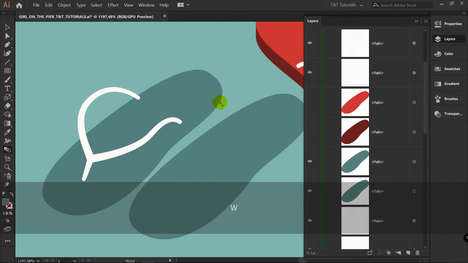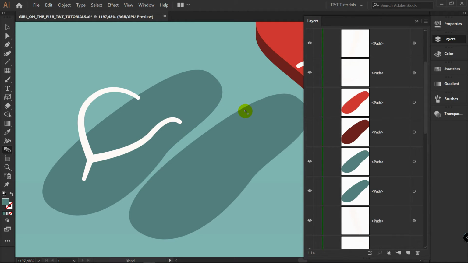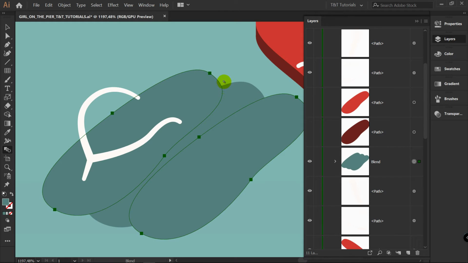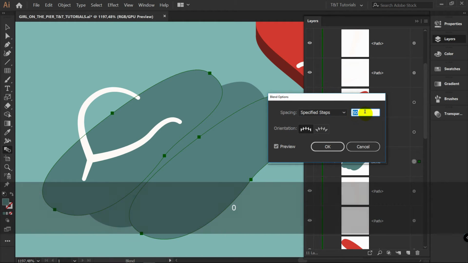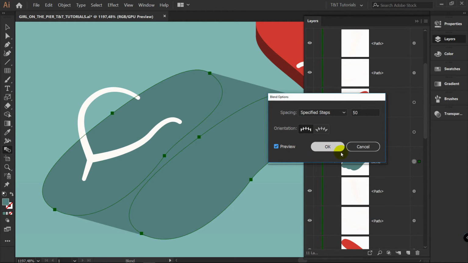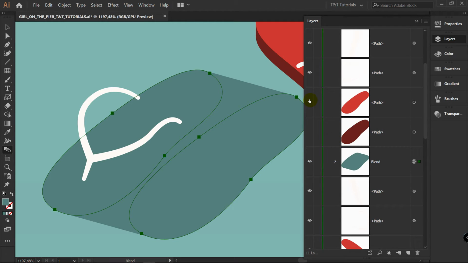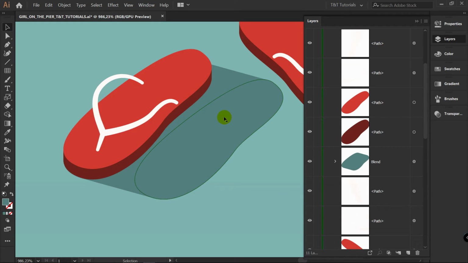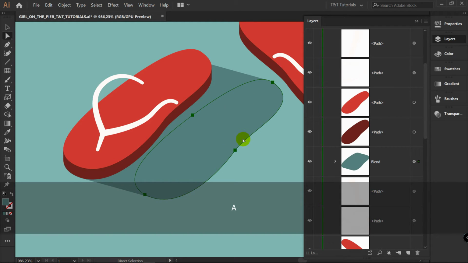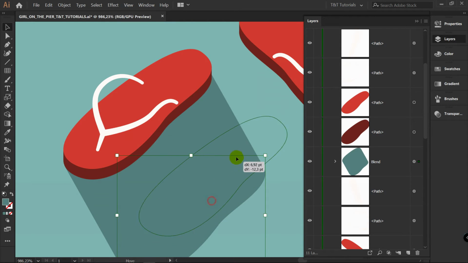W for blend tool. Let's click on this object, then on this one. Press enter. Specified steps. Preview. Let's change this value to 50 for example. Click OK. Now let's make these two layers visible. And if you'll pick this object with direct selection tool, then press V for selection tool, you can move this